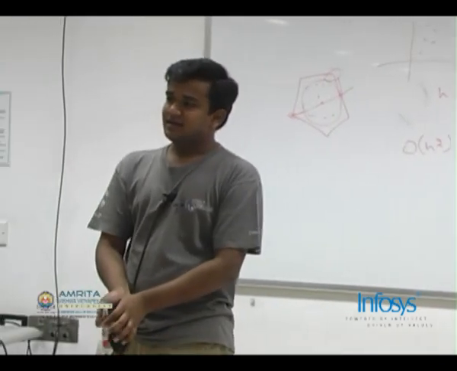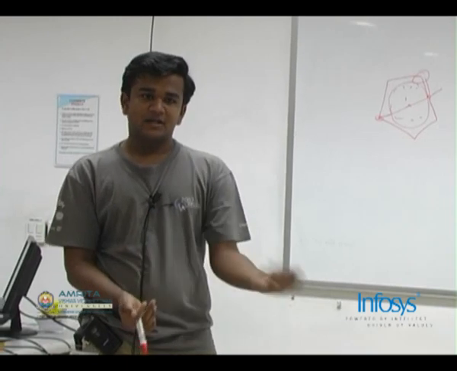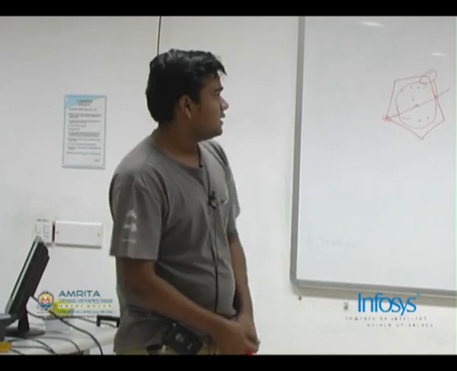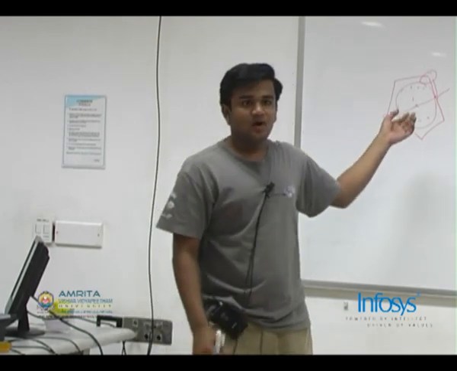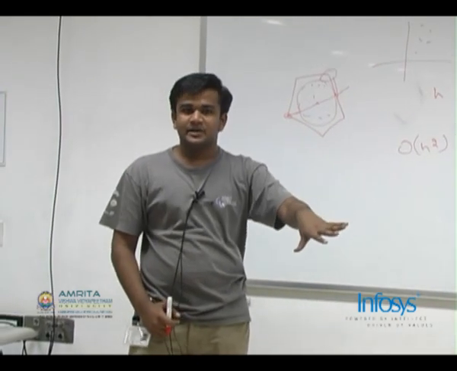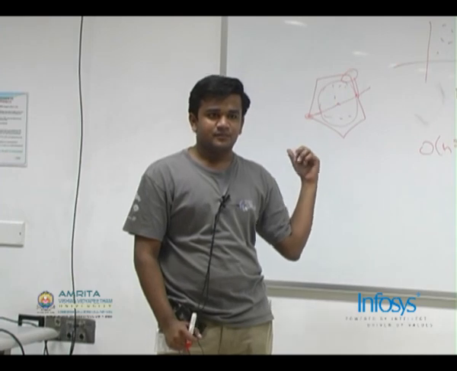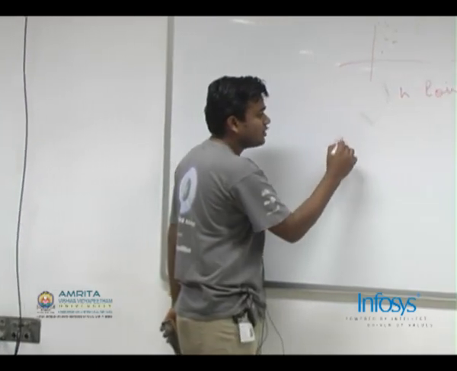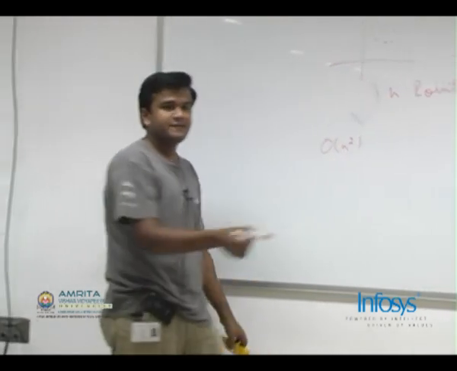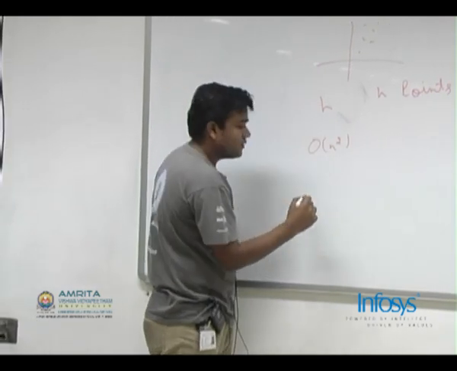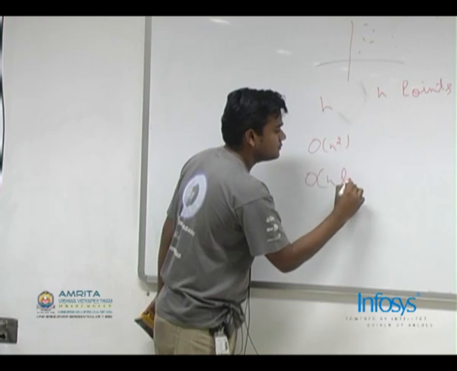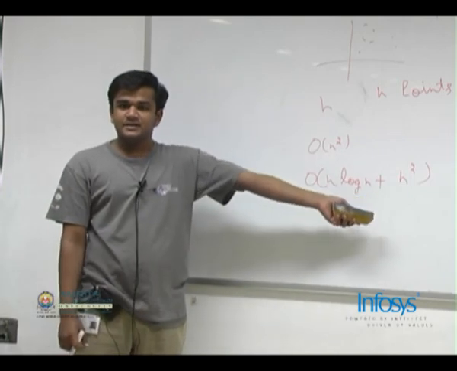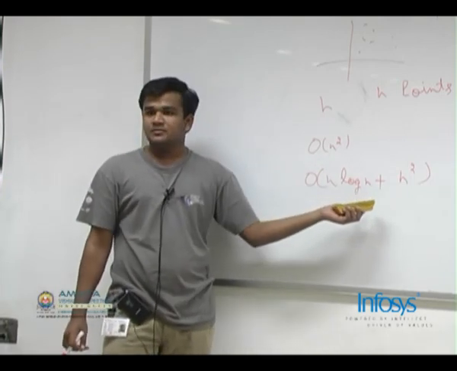In the worst case, a convex hull can have all the n points. So this doesn't really give any optimization in terms of worst case, but on an average case, a convex hull will have very few points. If you generate your points randomly, this will give you a nice optimization. So you can solve some problems which might not be solved using just the basic method. So the complexity still remains order of n square. Or if the convex hull has h points, the complexity is order of n log n plus h square. Is this clear? If the convex hull has h points, the complexity is n log n plus h square.